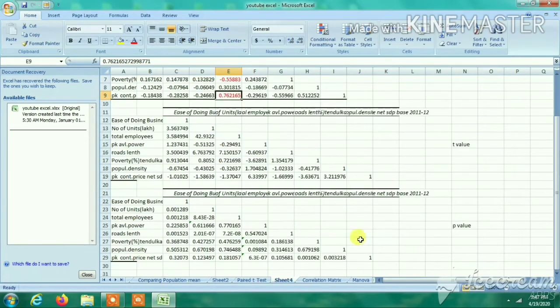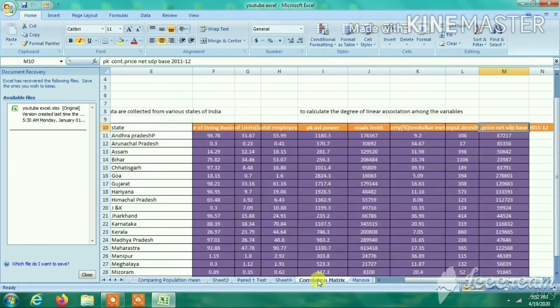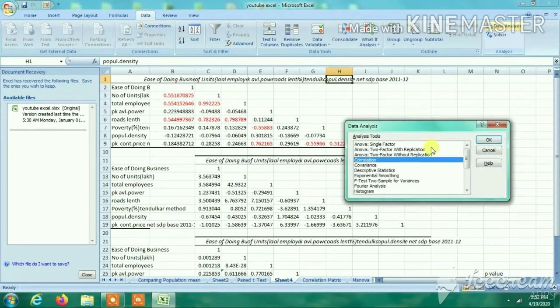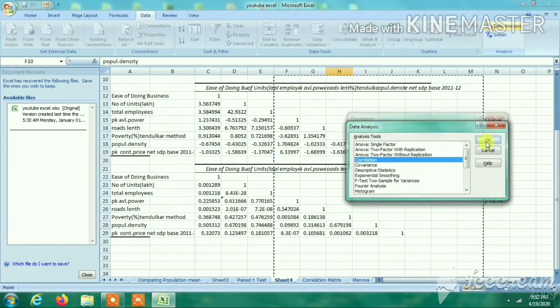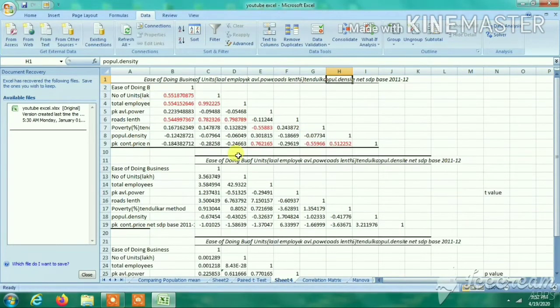Now we want to check the last one, calculating this value. That means this value is significant. Similarly, the last value. So in this way we are able to calculate the correlation matrix. First we have to write the data. This is the data series. After that we have to go to the Analysis ToolPak and apply the correlation. The input range will be given. We have to give the input range and then click, and the correlation matrix will come.